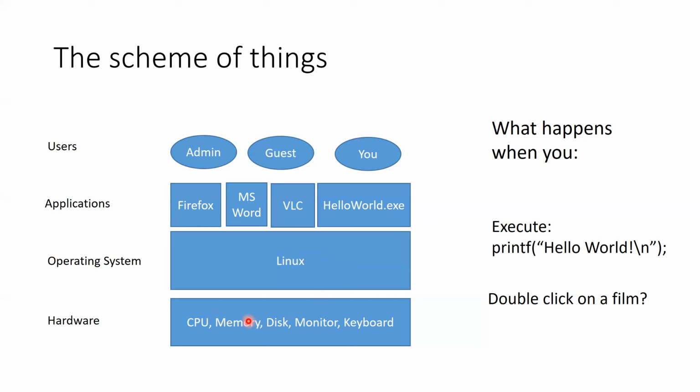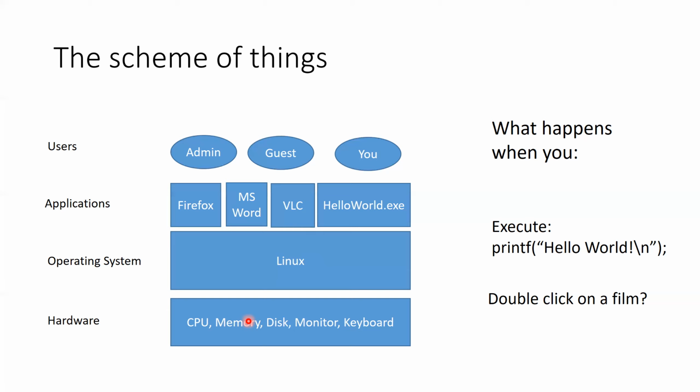Now that the VLC media player has the film in RAM, it will access that film and frame by frame start, or at least try to display the content of that film on the screen. Again, the screen is a hardware. So the VLC media player cannot access the graphical subsystem directly to display on the screen. So it will request the operating system to display these frames on the screen for it. The operating system will again oblige and display those frames on the screen.